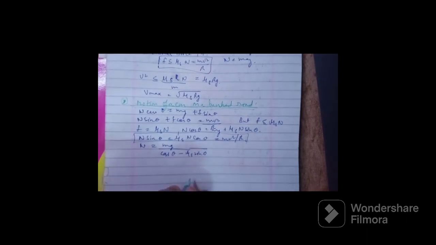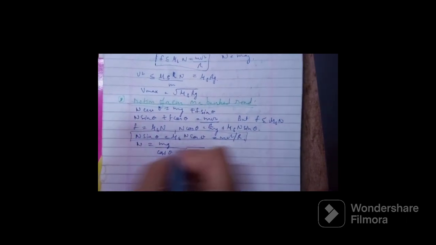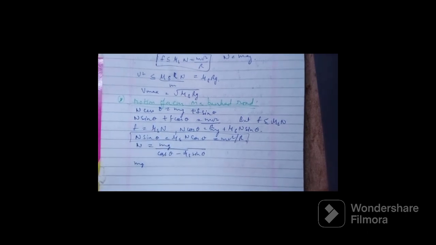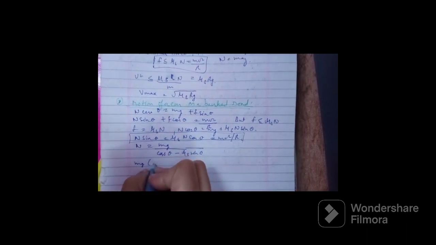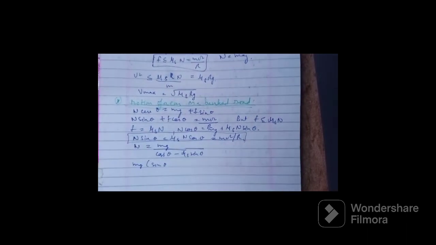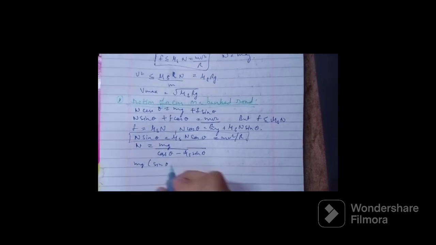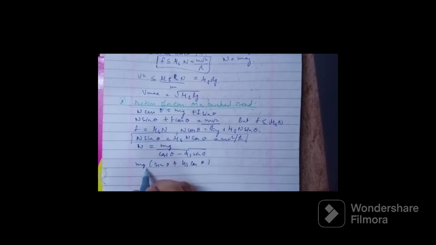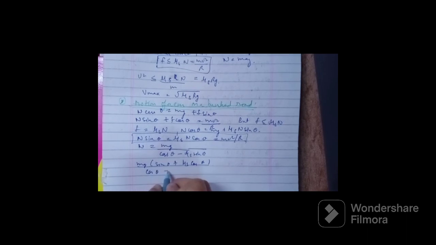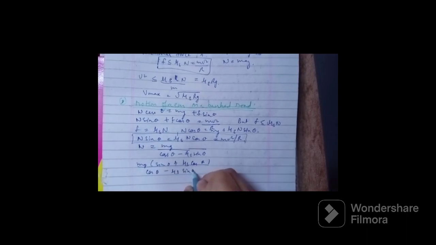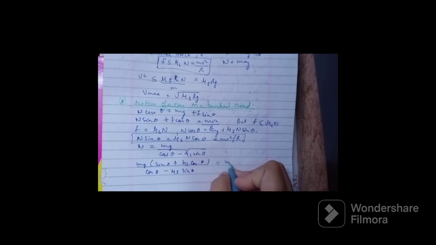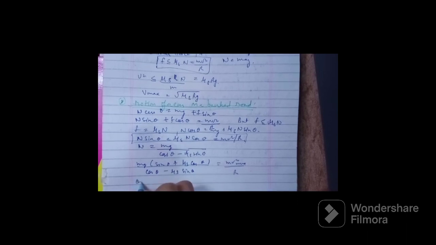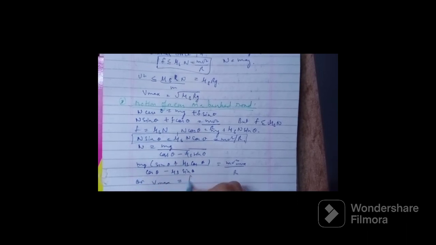Substituting the value of n in the equation, we get mg (sin theta plus mu s cos theta) upon (cos theta minus mu s sin theta) equals mv square max upon r, or v max equals